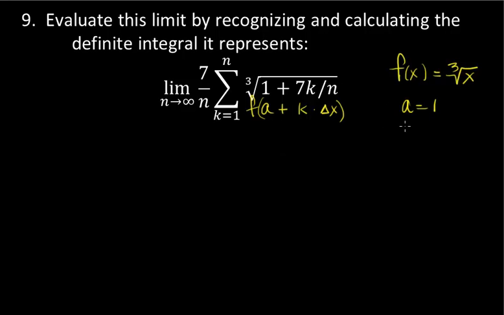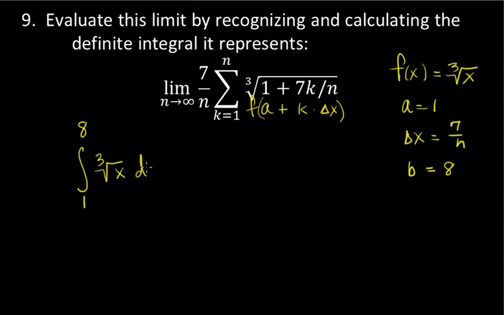So a is equal to 1, and delta x, you can see, is 7 over n, and so b must be 8. And this is the integral from a to b, 1 to 8, of the cube root of x